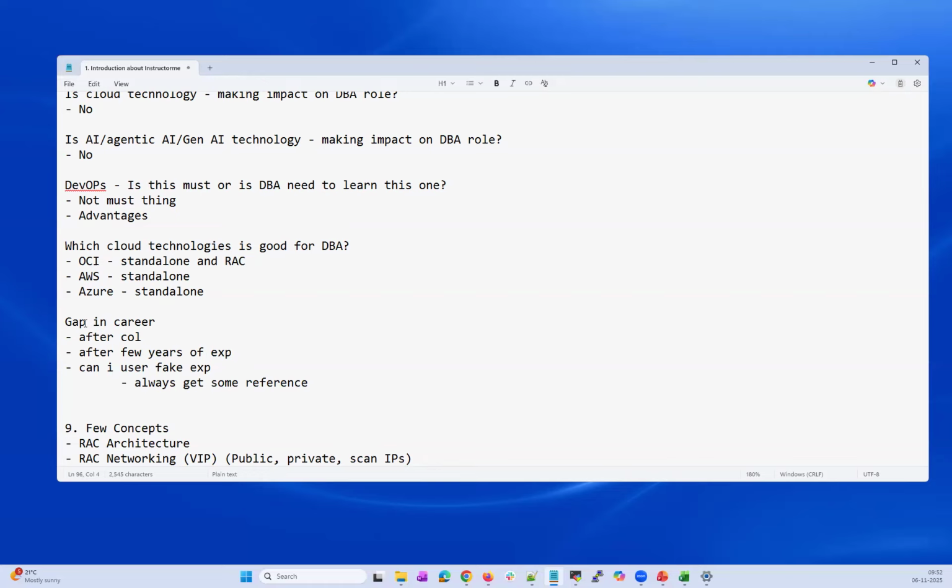Can I use a fake experience? Let's say I finished my college graduation. After that, I have 2 years of gap. I did not get any job opportunities. I was looking for 2 or 3 years, and later I got the job. So can I use those 2 or 3 years as a fake experience later?